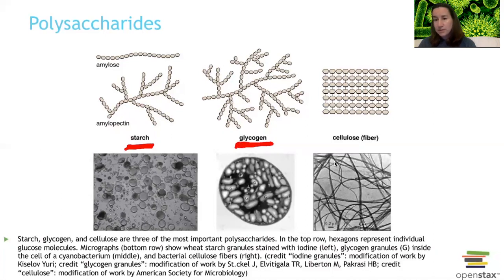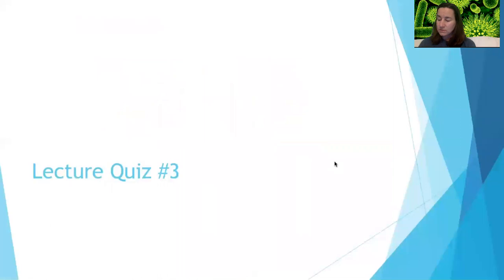And then there is also a polysaccharide that we've mentioned a few times, and we said that cellulose is going to be a polysaccharide that plants use on their cell walls. And we said that fungi use a different type of polysaccharide that's not here in these PowerPoints. It's called chitin, and that's on fungi cell walls. Plants are going to use cellulose on their cell walls. But as far as energy storage, plants use starch. Animals and bacteria are going to use glycogen for energy storage. So that covers this video. We'll come back and do lipids, proteins, and testing for it in the